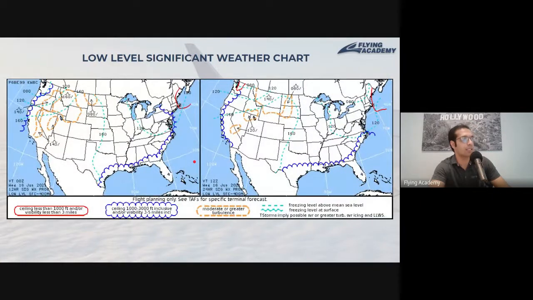And low level significant charts. Those are, as I said, for the current condition, depending on the time of issuance. This one was issued Wednesday, June 16th, 2021. This is the 12 hour, and keep in mind these are the low level, surface going to whenever you hit